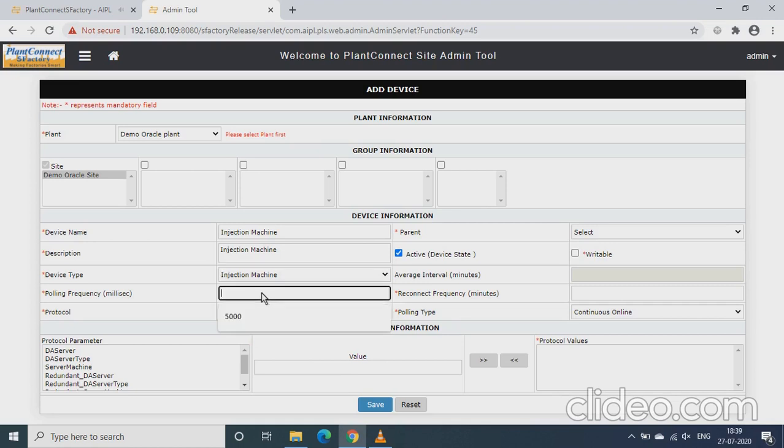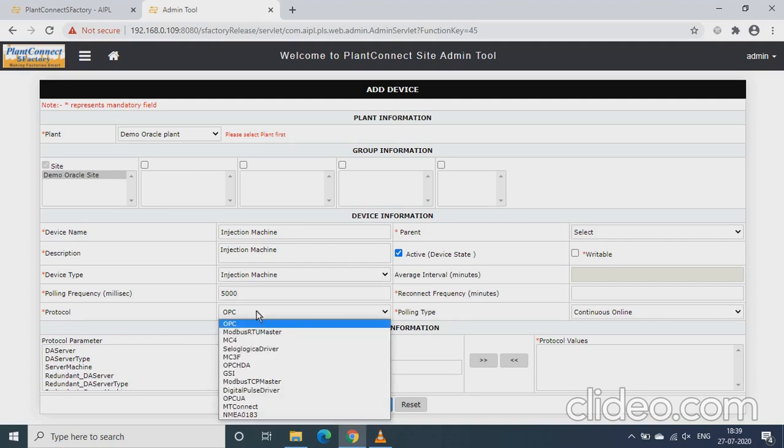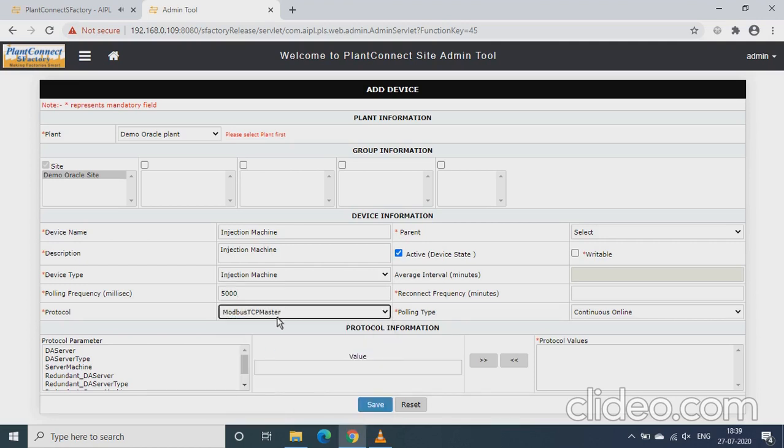Then the polling frequency for this particular physical device is 5000, then you need to select the protocol. So in our case, we are going to fetch the data using Modbus TCP protocol. So we'll select this protocol as Modbus TCP master.